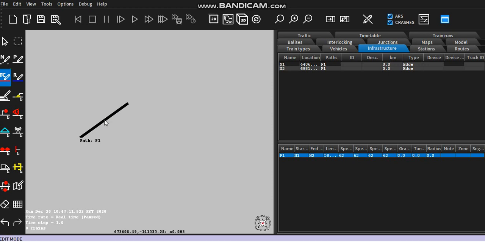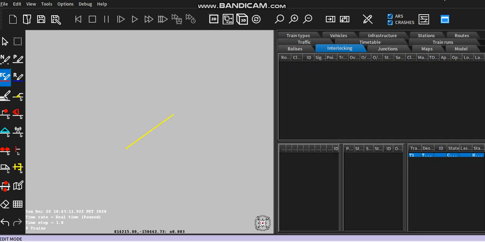So for that, you will just select the starting point of your path, and then you will just select the starting point and the end point, and your path will be converted into a